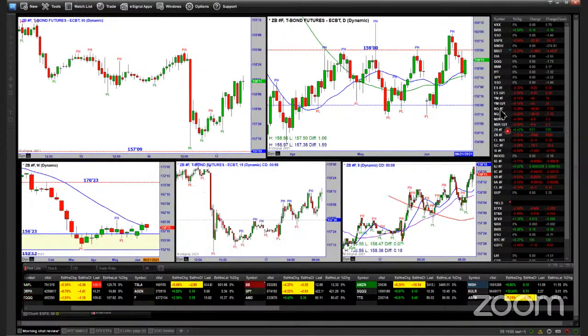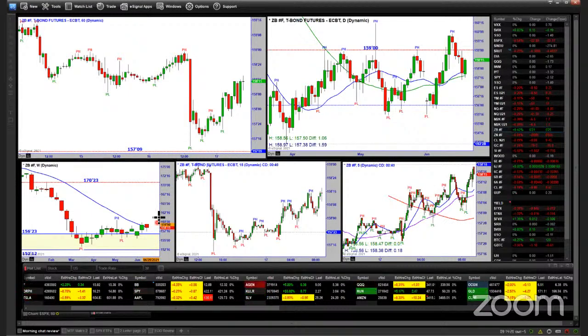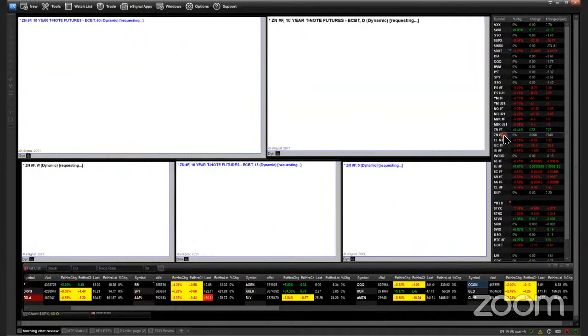The 30-year made a little bit of a turn. So now that it's done this, part of what we call the factory work is, it turned back up. It's up at this pivot. What is the price action here? Does it go right back down again, or does it go sideways? The longer it can go sideways, the greater the possibility of then moving back up again. So that'll take a little while to develop.